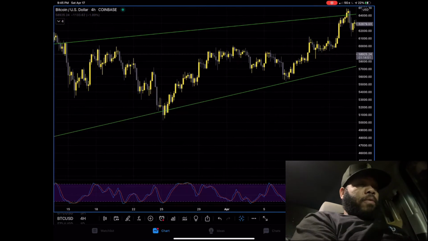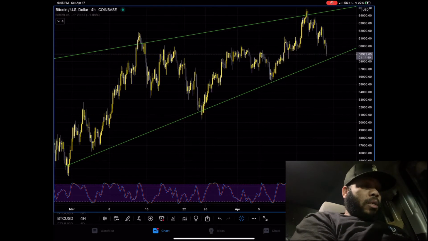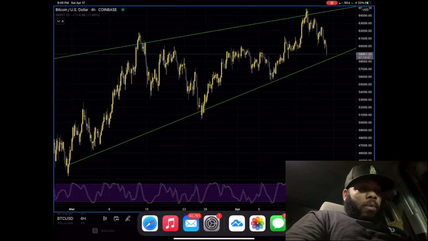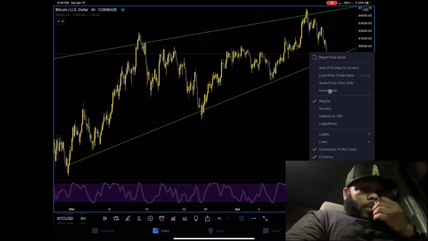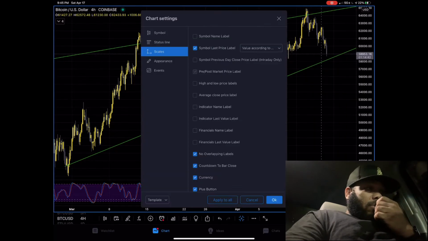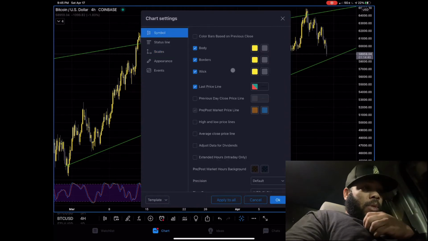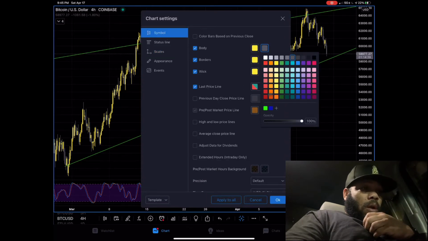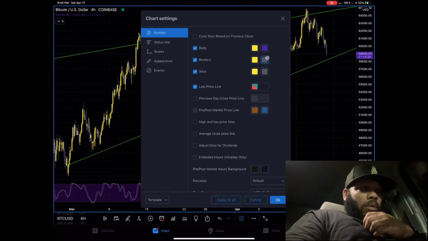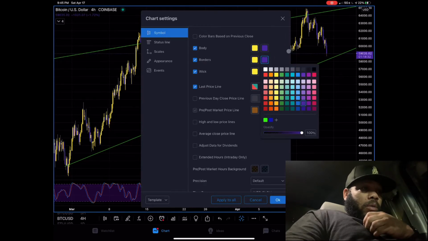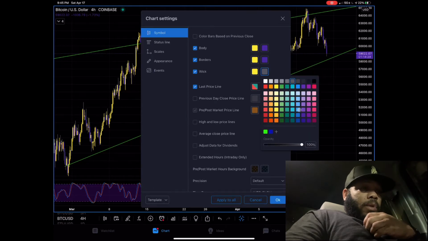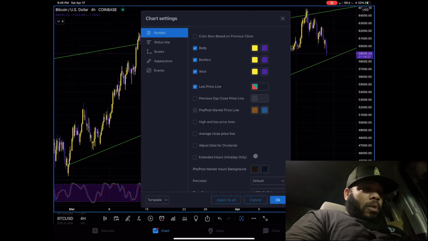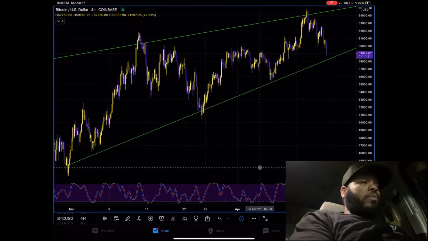All right. So on the 4-hour chart, that's gonna bother me. Why? Just a second. It's not supposed to be that color. I think it's this. So